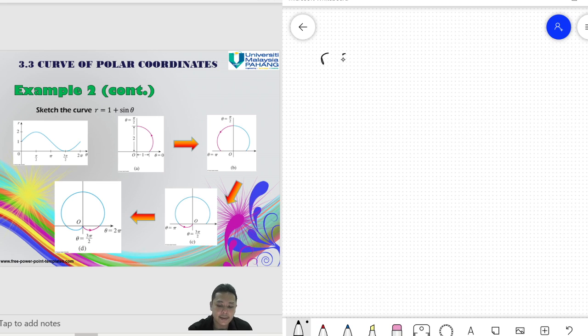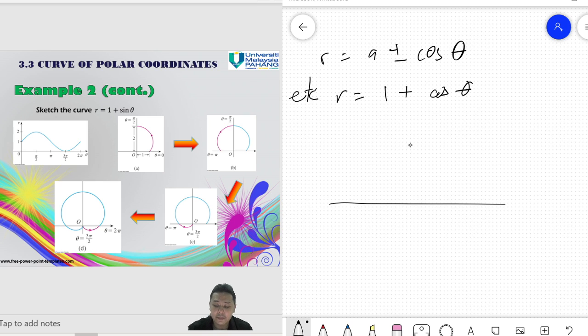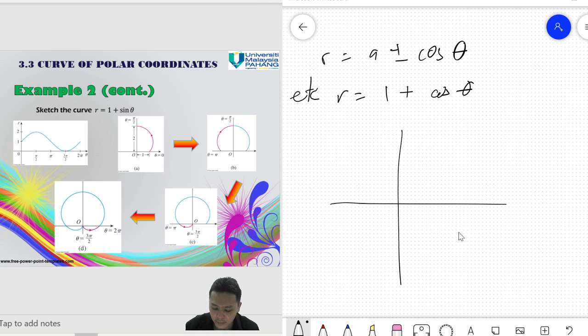If I give A plus minus cos theta, let's put a value right now, r equals 1 plus 1 cos theta. You can do a basic sketch by using the table to verify this, but let me tell you the basic general shape, and then you verify by the table later. This will be 1, this will be 2. So 1 plus cos theta, or 1 plus 1 cos theta, it will be in the shape of